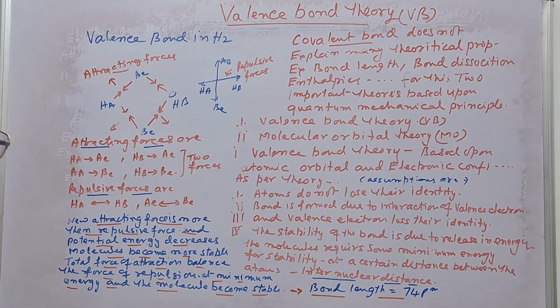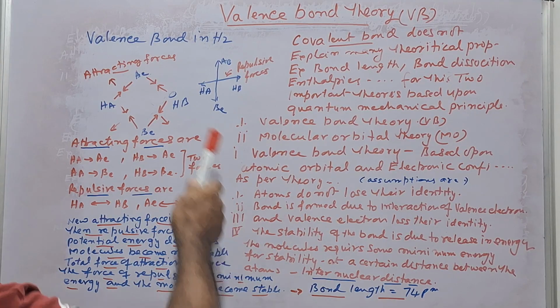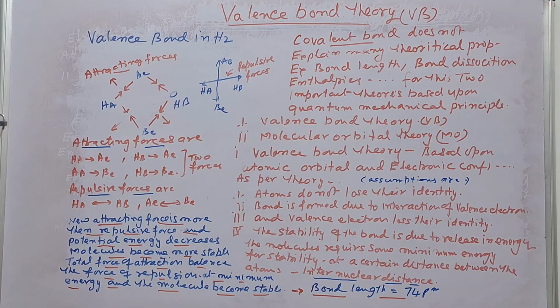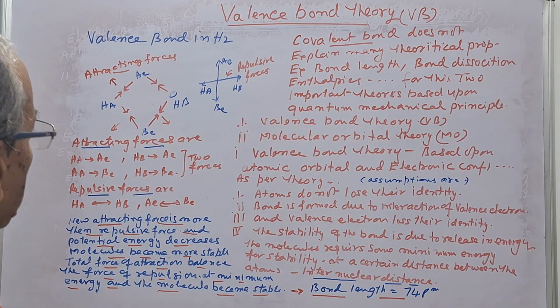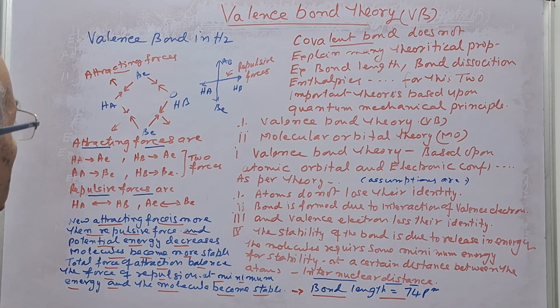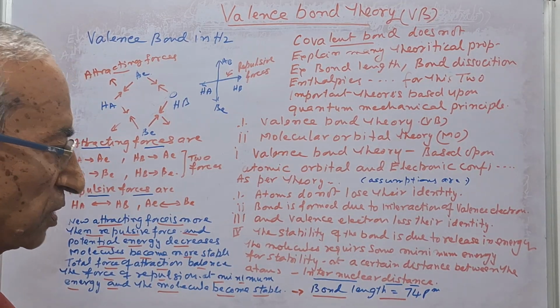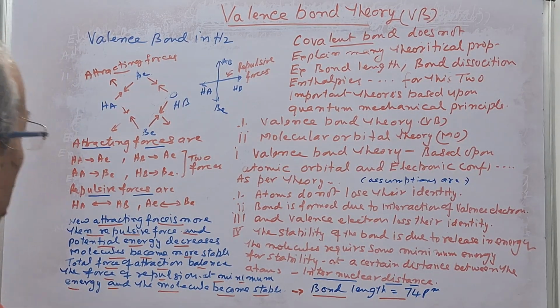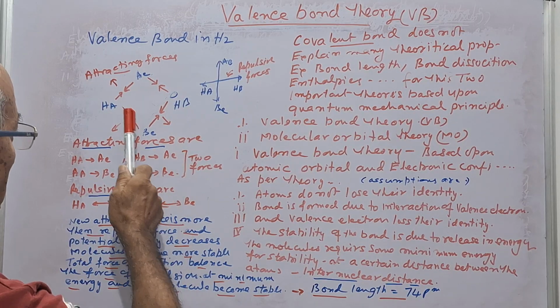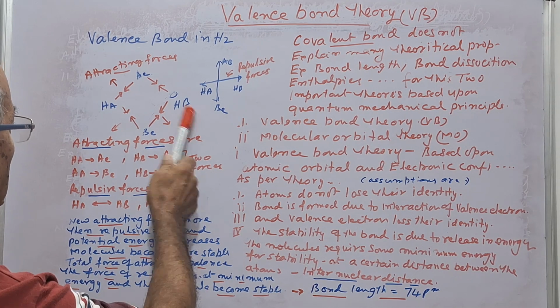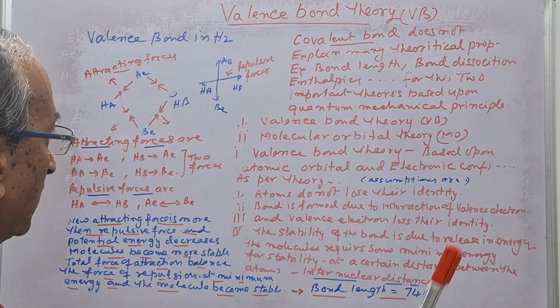Now this thing we can explain by taking the valence bond in the case of the hydrogen molecule. You see, it's very important and interesting. When the two hydrogen atoms are far away from each other, there is no force of attraction, and the total amount of energy will be equal to the sum of the energy of both atoms. Now when the atoms come close to each other, what happens? It's very interesting. Listen,